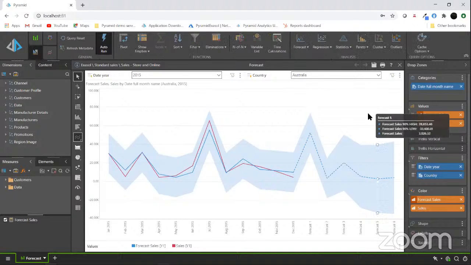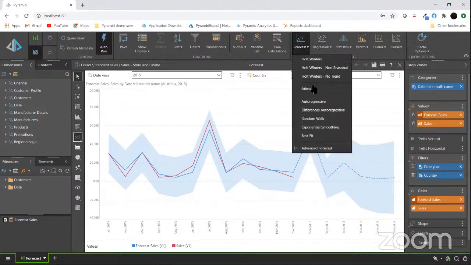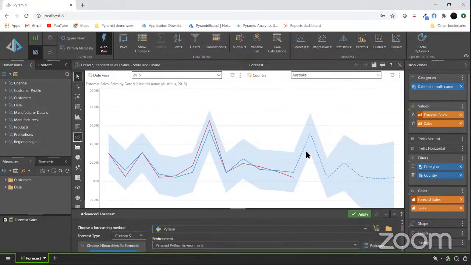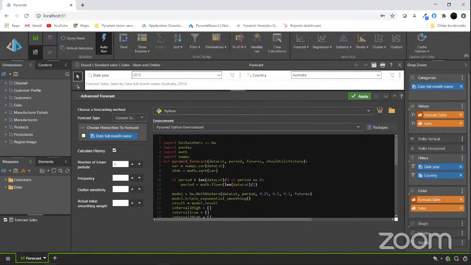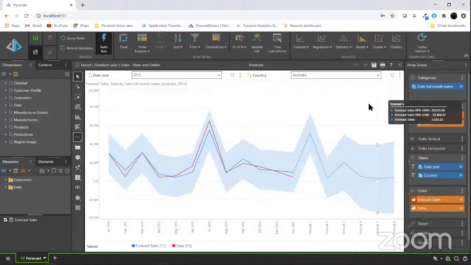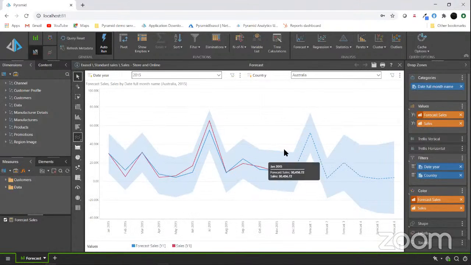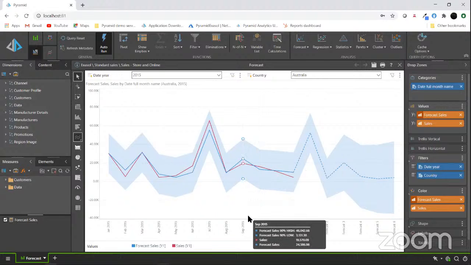Pyramid includes a whole bunch of advanced statistical analyses and other capabilities, one of which is to forecast with multiple options, as well as the ability to use Python and R to construct bespoke and custom forecasting algorithms as you require. So in this case, I've created a forecast.